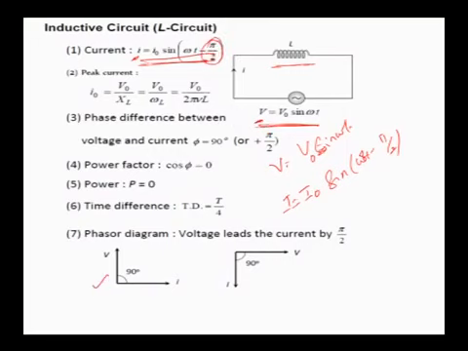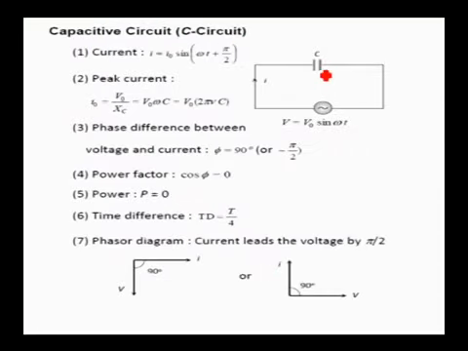This is the phasor diagram used to show that current here and voltage here, the leading is voltage by 90 degree, or even you can indicate the same thing in this way. Capacitive circuit, capacitor connected to voltage. Look at the expression for voltage applied, look at the expression for the current through it. Now the current expression is I naught sin(omega t plus pi by 2). If this is just omega t, this is omega t plus pi by 2. That means current is leading voltage by pi by 2.